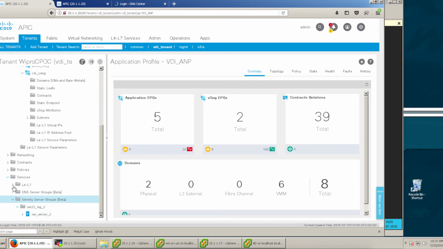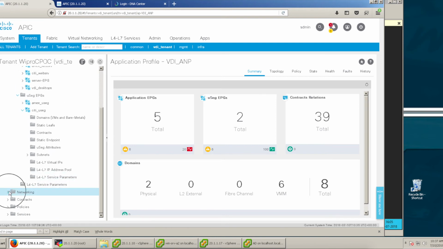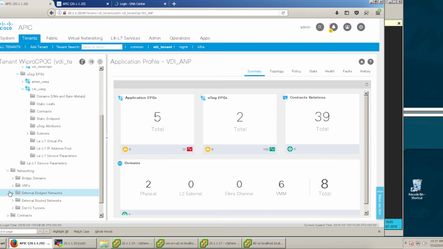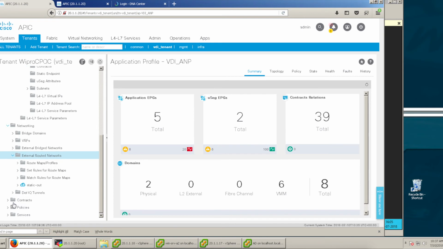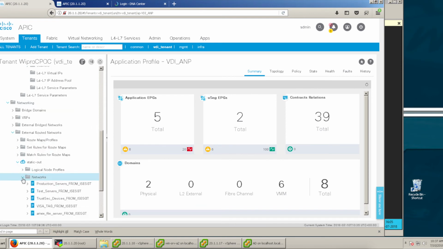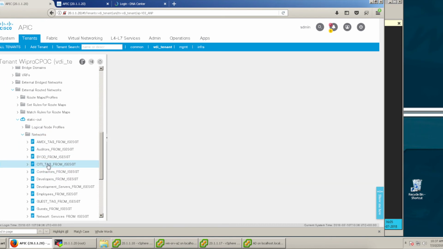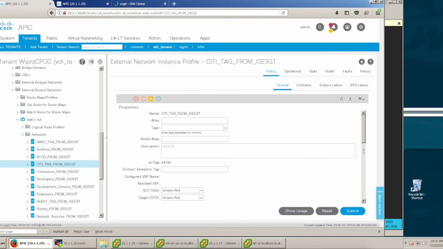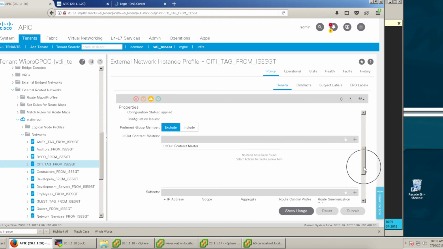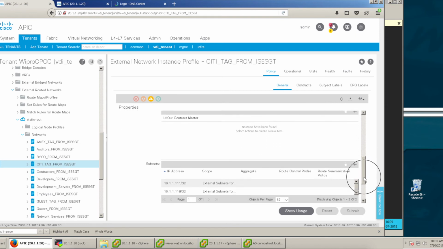Now let's log in to the ACI and, under the VDI tenant, let's open external routed networks under the networking folder. In here, let's navigate to the network folder where we can see all the SGTs that are dynamically learned as L3Out EPGs in ACI. Under the City tag from ISE EPG, we can see City user 2's source IP address being learned as